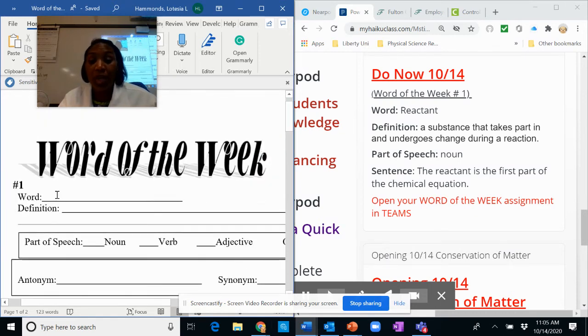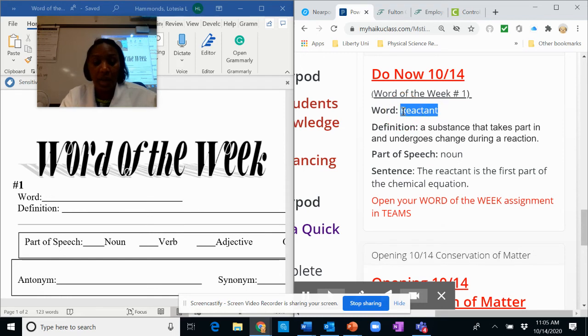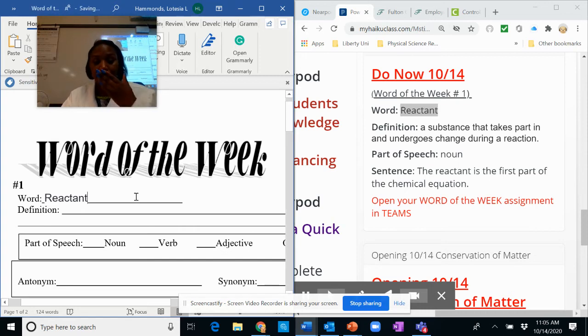so our first word is reactant. What I encourage you to do, if cutting and pasting is your thing, is highlight and press Control C. The Control is the CTRL key. You'll hold it down, press the letter C, place your cursor by the word, hit Control, and then press V. Excuse me, and it'll paste the word for you, right?